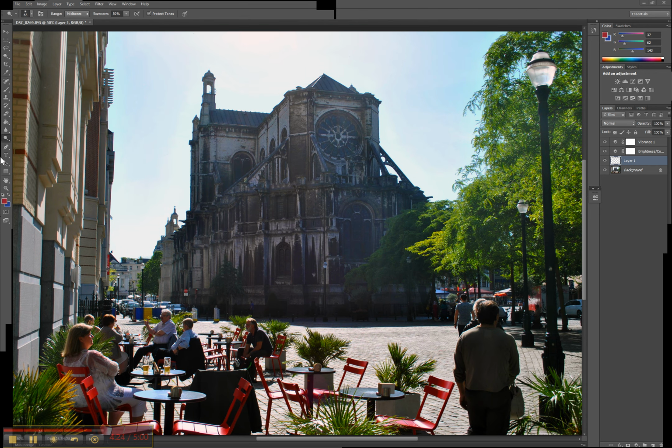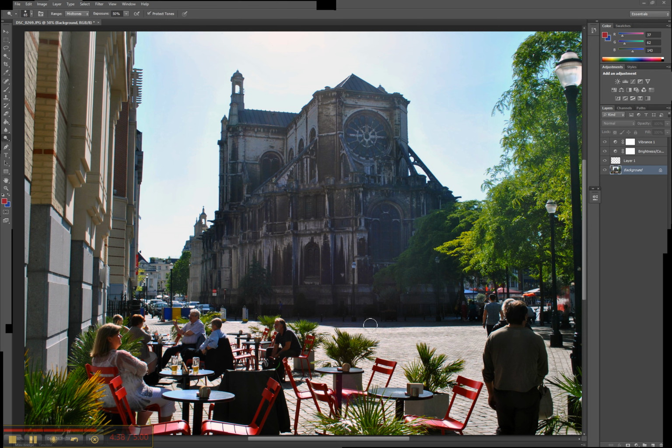The two last tools I want to quickly go over are the dodge and the burn tool. To access them, we're going to click and hold here. The magnifying glass is the dodge tool, and the pinch is the burn tool. So I'm going to go ahead and lighten up the shadows on the bottom here, and I'm going to darken the